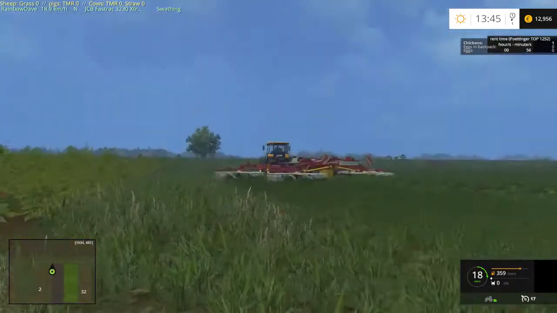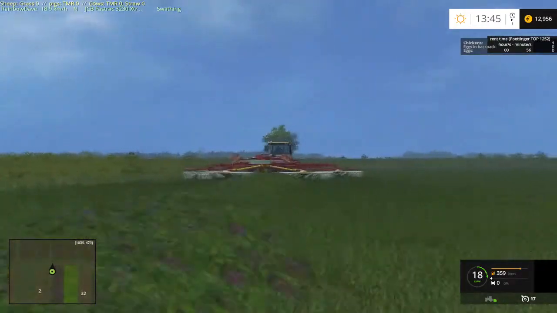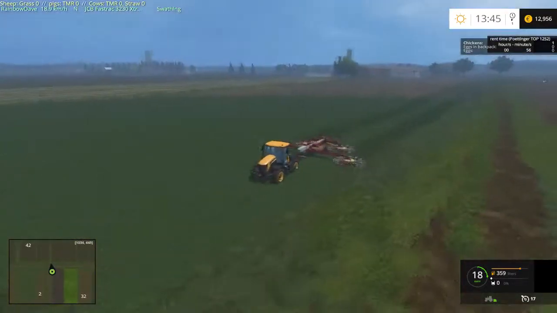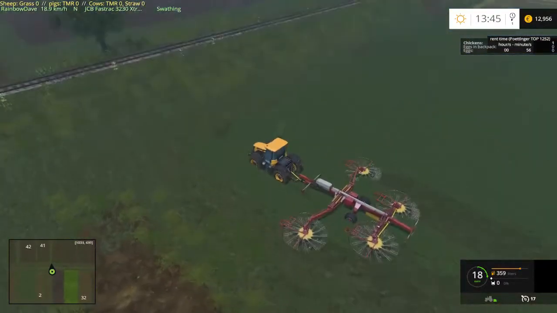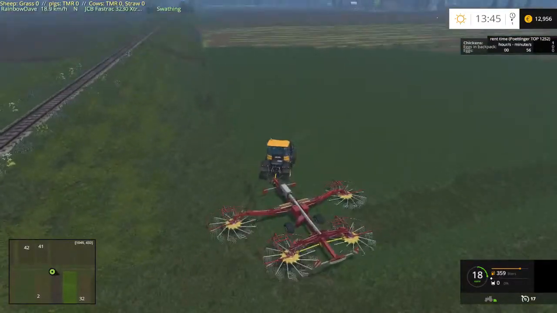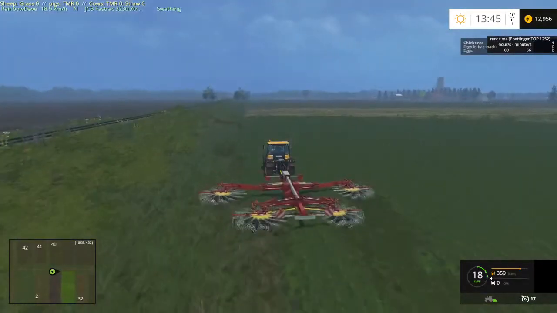So, this does windrow at least, which is nice. I actually like the windrow texture for this. It looks like a proper windrow. It looks like it would if you had actually just cut down a load of alfalfa or green alfalfa, and windrowed it up,